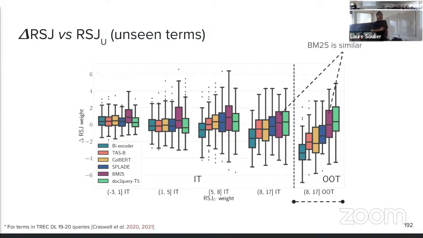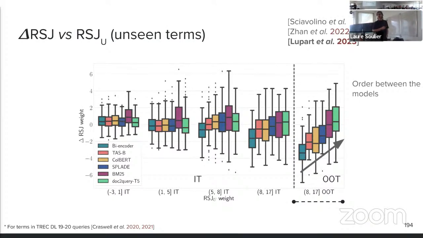And we see that BM25 is roughly similar in its estimation, which is expected because the model is unsupervised, so it should be rather insensitive to training statistics. But when we check neural models, we see that they tend to underestimate even more the importance of these terms.